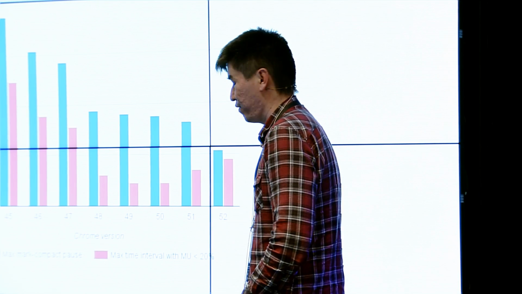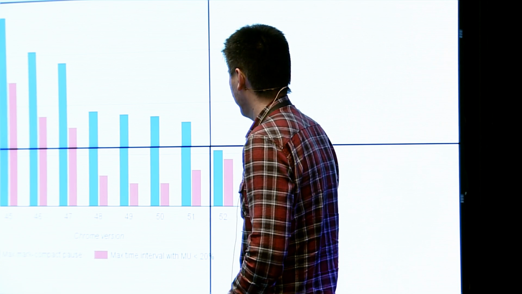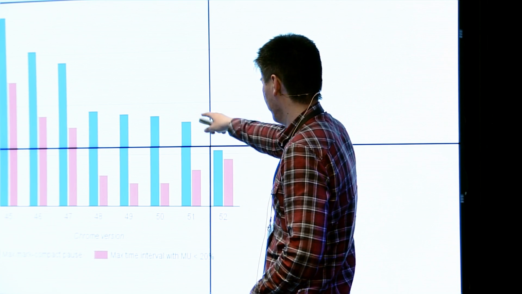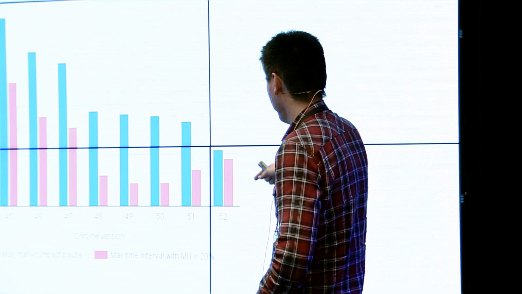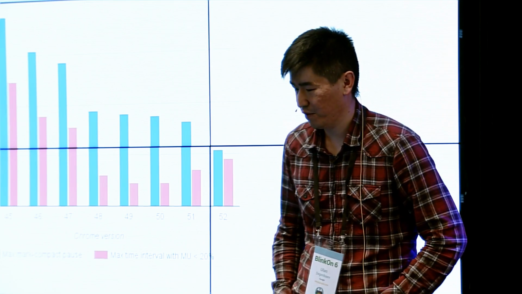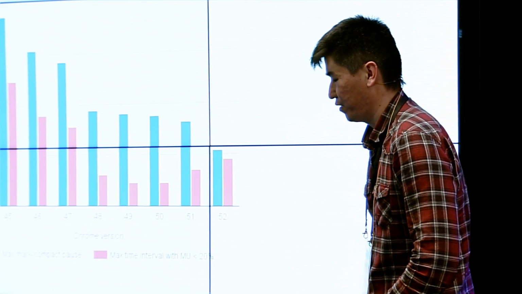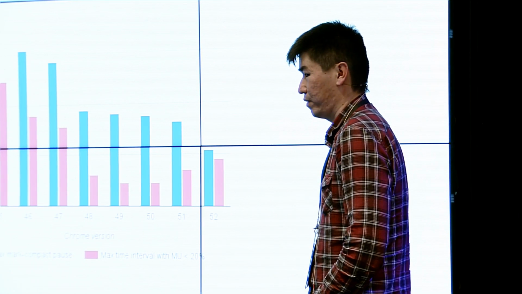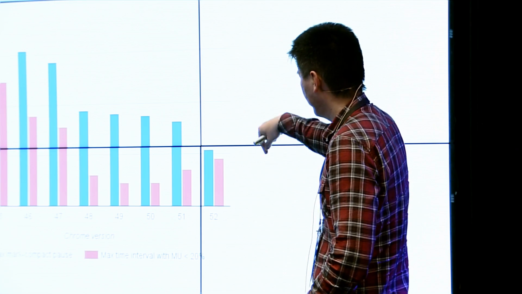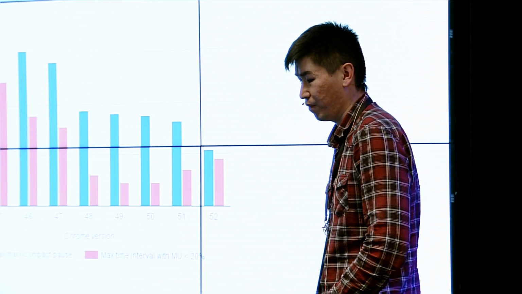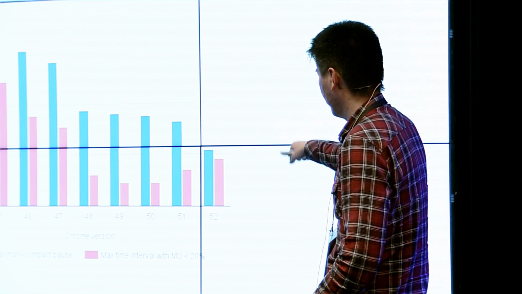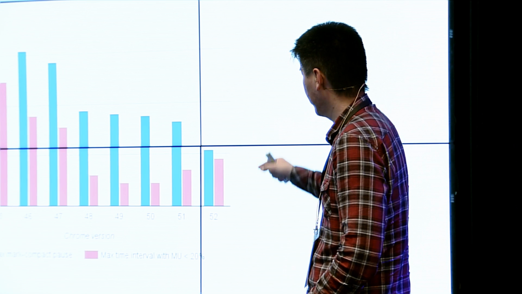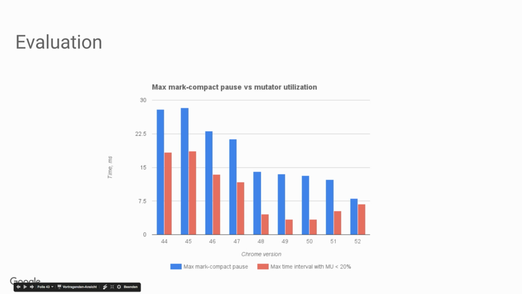And in Chrome 51, we had a regression there. And in Chrome 52, even though we improved the maximum pause time, we still had a regression in this metric. So what this graph is probably telling us is that now it's not worth further reducing the pause of the Mark-Compact. And we need to look into the different events and how they are clustered to have a bigger impact on latency